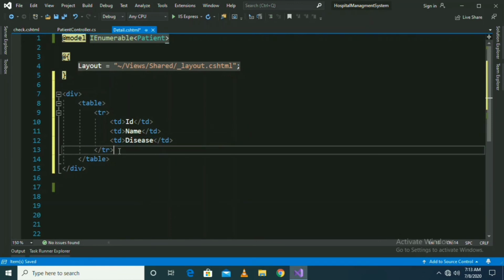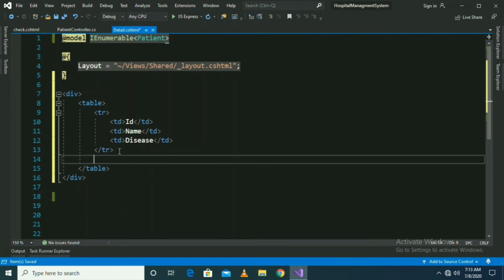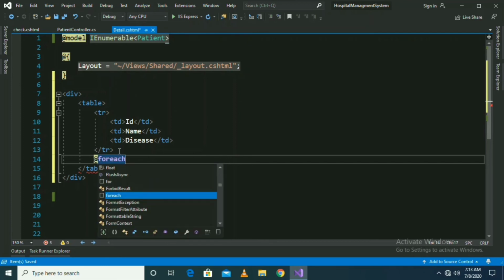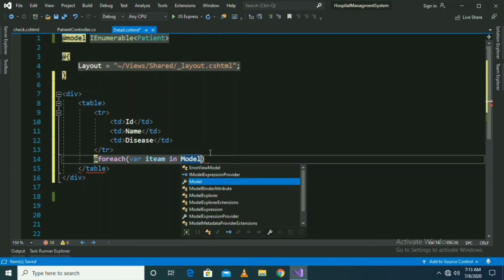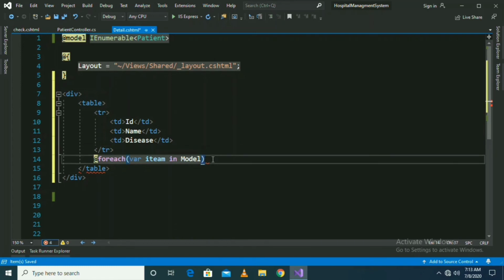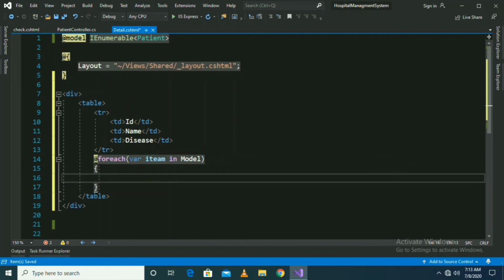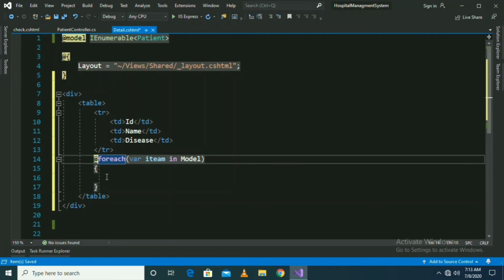Now the second one, I am going to write C# code: foreach. I have already told you, if I want to use any C# code within my view page, I have to put an @ before the C# code. @foreach, var item in Model. Here I haven't put @ before model because I have already taken it here before foreach.